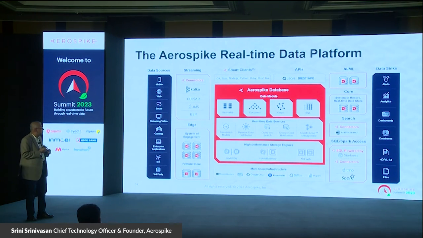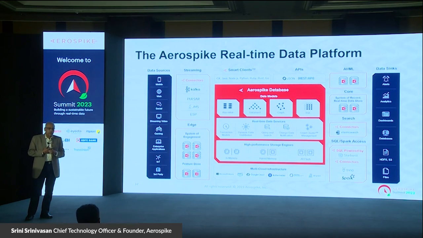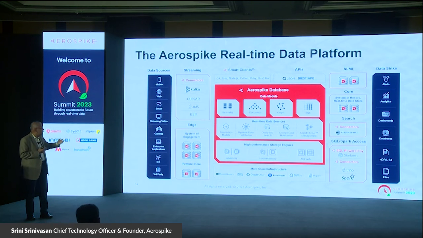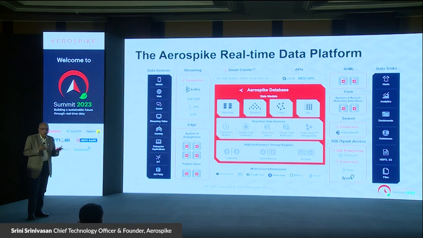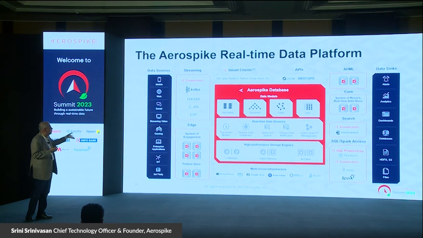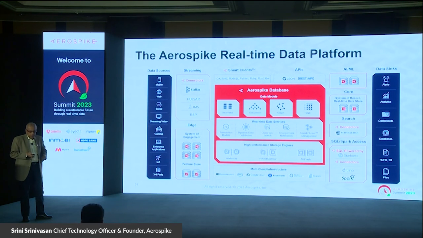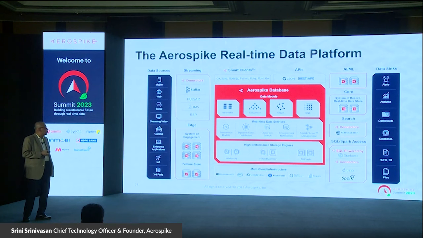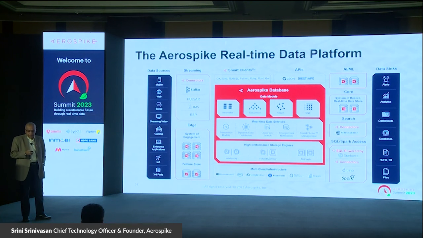And on the top, the data model is a huge area we've been focused on for the last couple of years. We now support multiple data models on top of Aerospike. The key value model has been supported forever, documents for almost 5 years, and then there is Graph, and then SQL through Presto, Trino, and so on. So we are able to support multiple models, and we will continue to enhance it with Vector and so on, going forward. We also work with connectors, just so data can move in and out of the Aerospike cluster, but also we can run queries from Elasticsearch or Spark or SQL on Aerospike data.